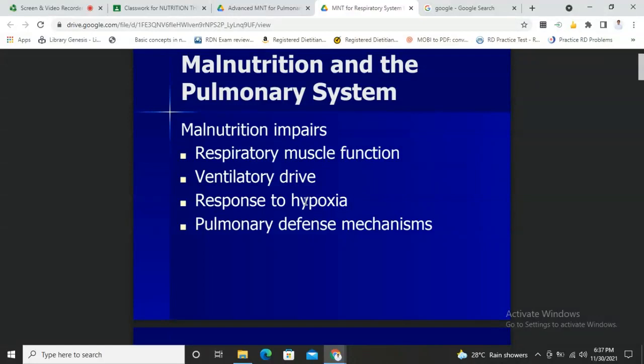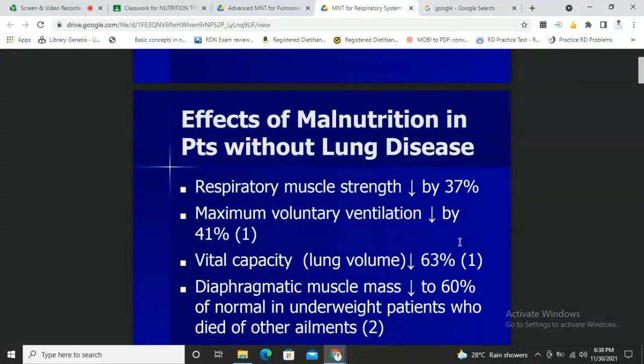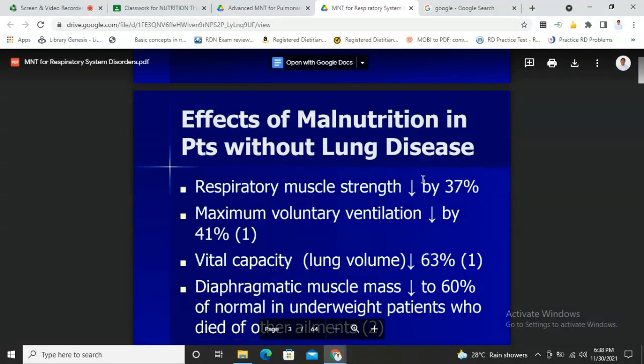So that's why there are instances, guys, where the amount of oxygen entering the cells is really lacking, but there are mechanisms to actually resist that in a healthy body. But if someone already has malnutrition, then they cannot respond as effectively as healthy humans do. Okay, so that's one of the many negative effects of malnutrition, effects of malnutrition in patients without lung disease.